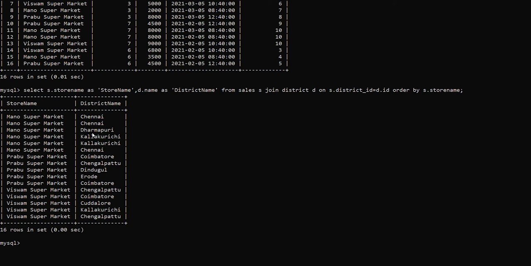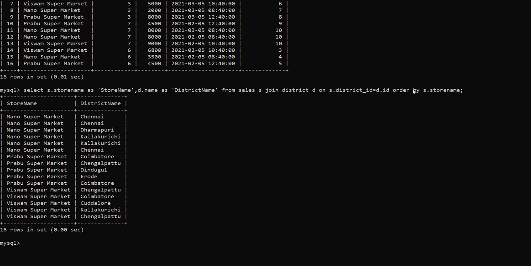So from the result, what we could find is the store name, which is the alias name provided for the store name column, and the district name, which is the alias name provided for the column name in the district table.